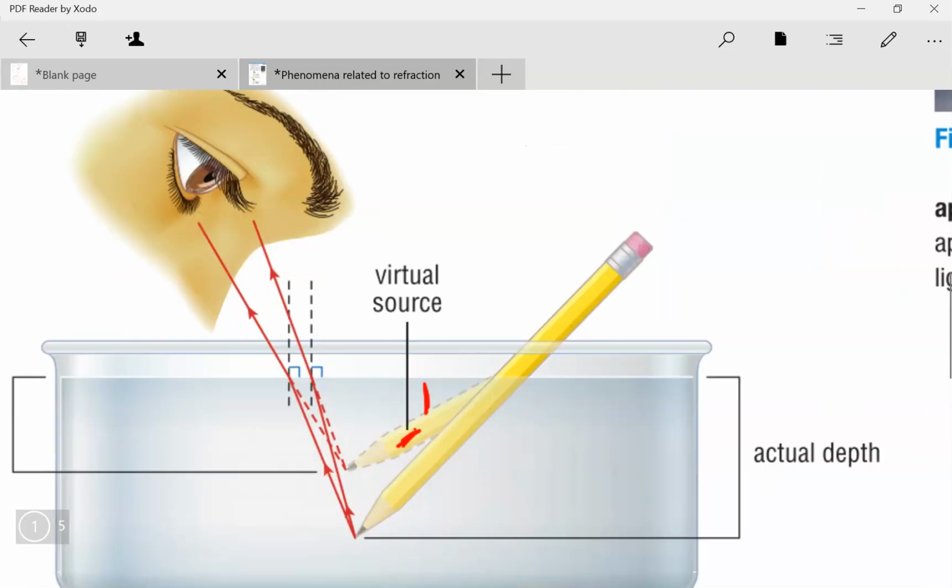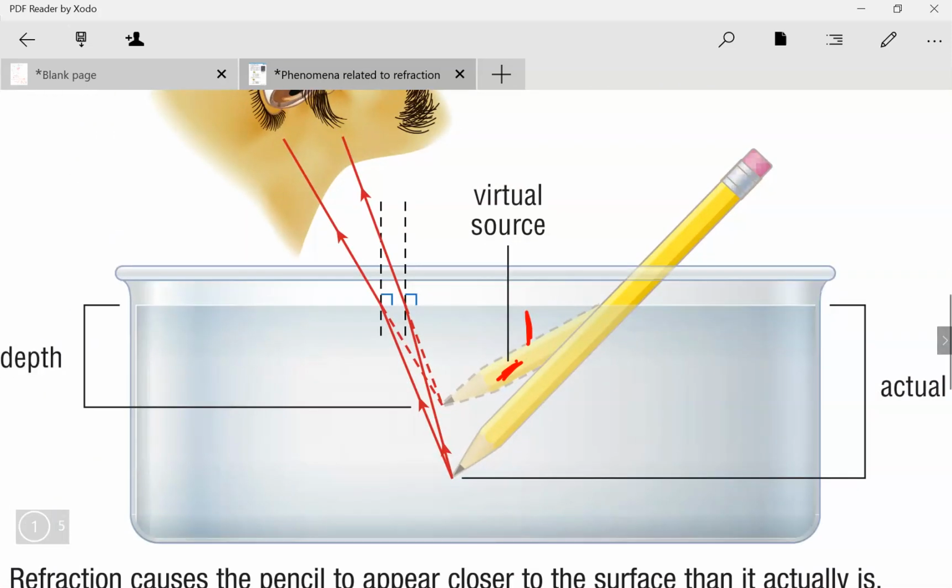And this is because of refraction again. So we can see here that when light from this tip goes from a denser medium, which is water, to a rarer medium, which is R for rare, so denser to rarer medium, it bends away from the normal. You can see that this light is bending away from the normal. And then if we extend those backwards, they appear to meet closer to the surface than the pencil actually is,